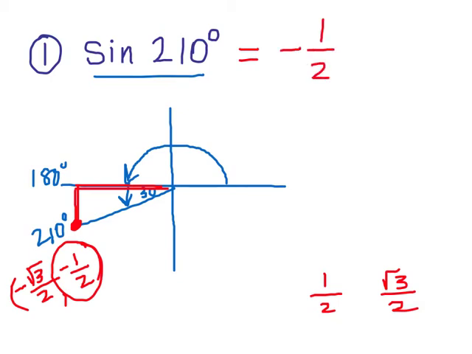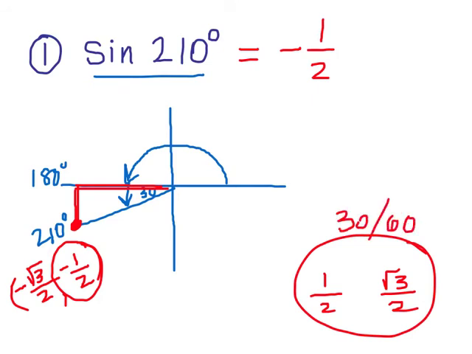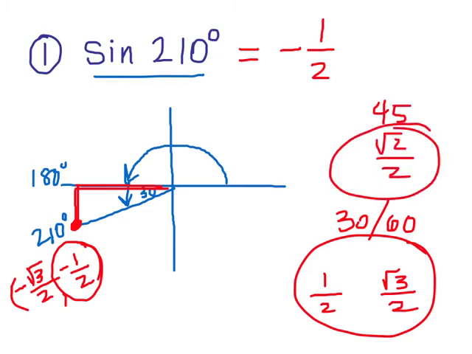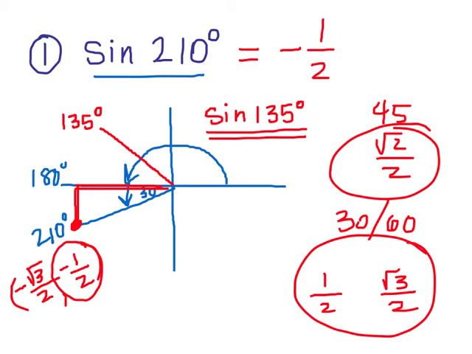So that's how easy it can be to create part of the unit circle and think through what numbers are involved. The 30s and the 60s, any combination of 30s and 60s have these two numbers involved, and anything with the 45s have square root of 2 over 2 involved. And so on the same problem, if I wanted to find sine of, let's say, right down the middle here, so say we were asked to find sine of 135. 135 is